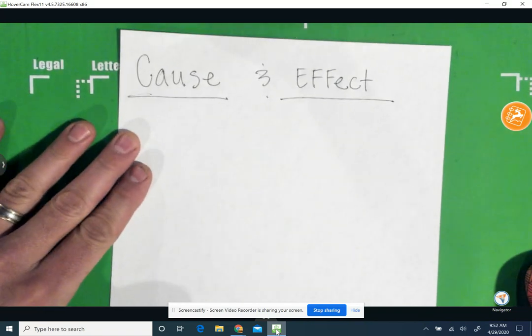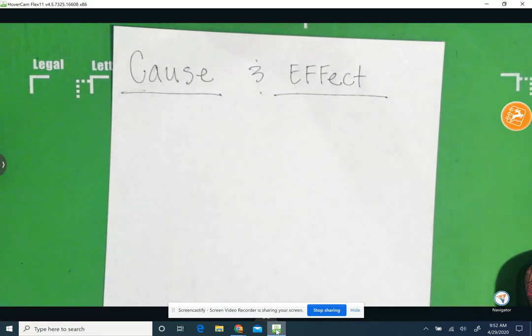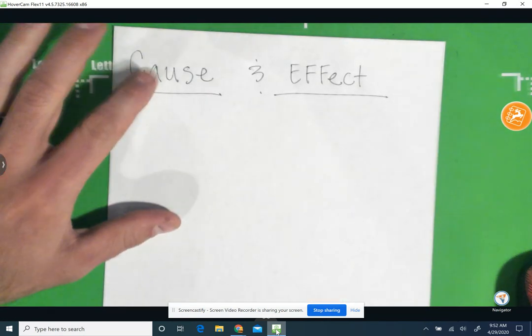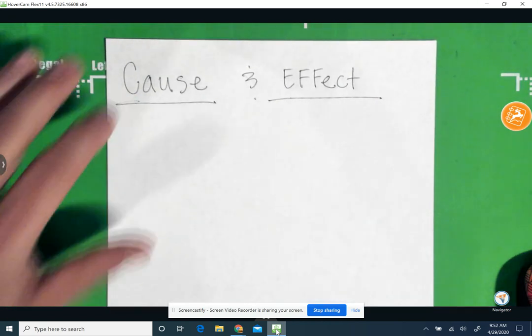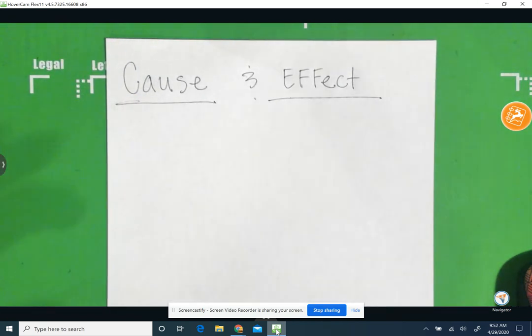We're going to be talking about cause and effect, right? Cause is why something happened, and the effect is what happened. So if you think about cause and effect as